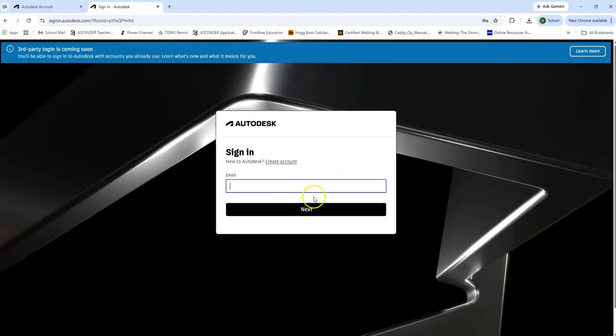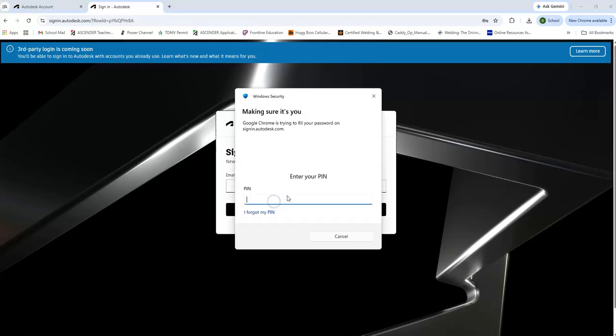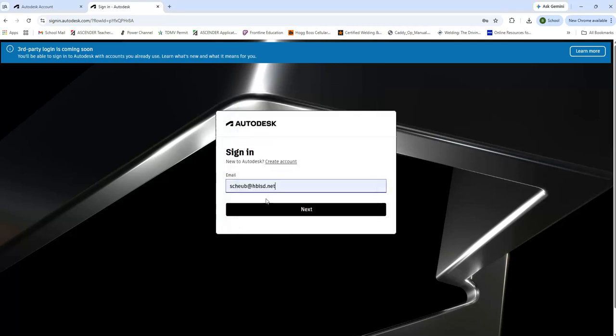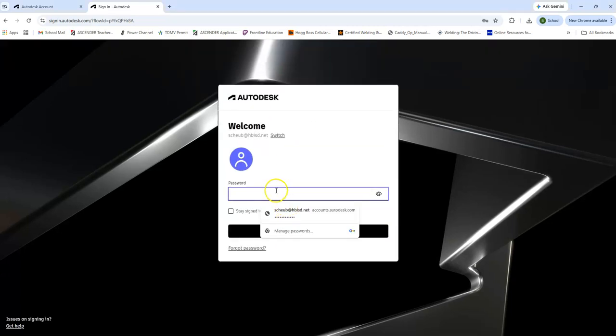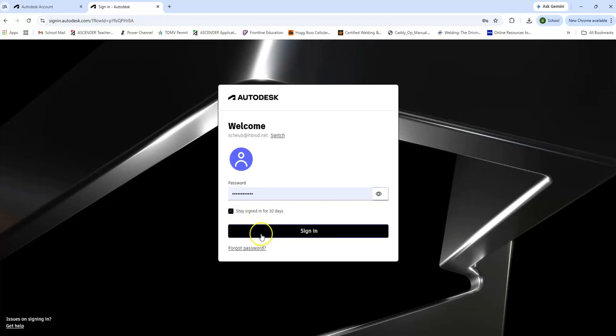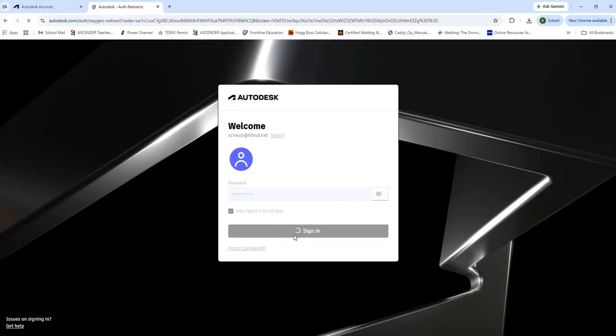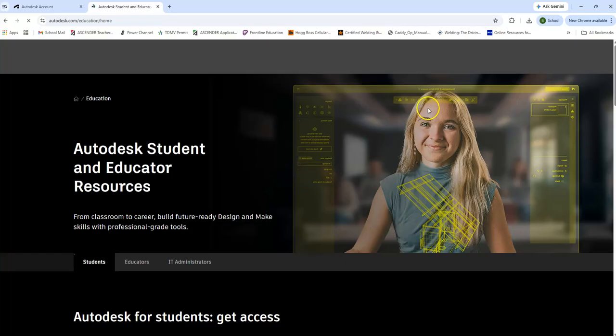So I already have an account set up. If you don't, you'll need to go to New to Autodesk and create an account. Again, create that account using your school email. I'm going to go ahead and log in, and then I'm just going to stay signed in for 30 days. And then it'll pull up